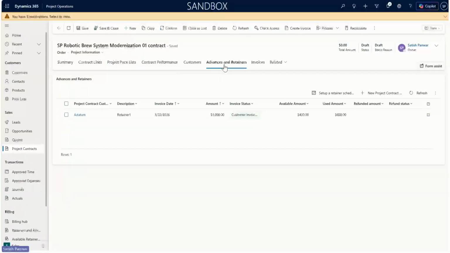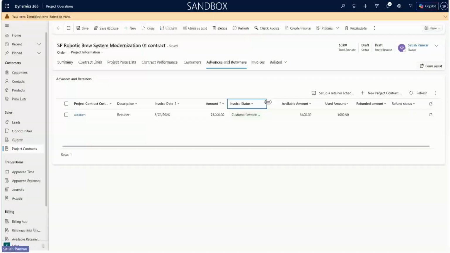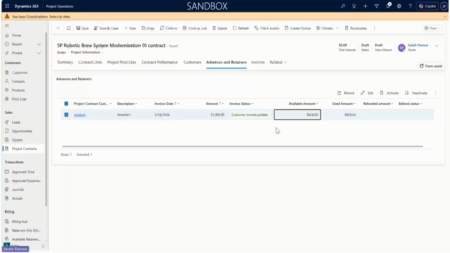So here, when we go to advances and retainers, we can see all the retainers. In this specific case, we can see that the invoice status for this retainer is customer invoice posted, available amount is $400, and used amount is $600. Now, in order to refund this, we can highlight the retainer amount where there is available amount, and click